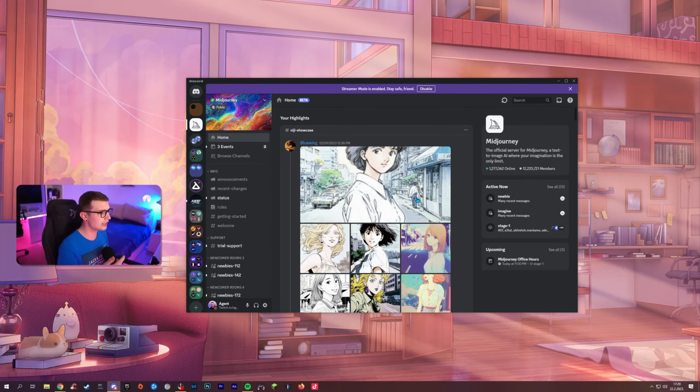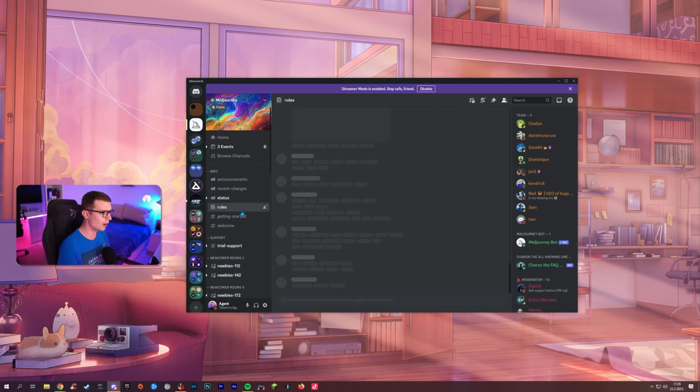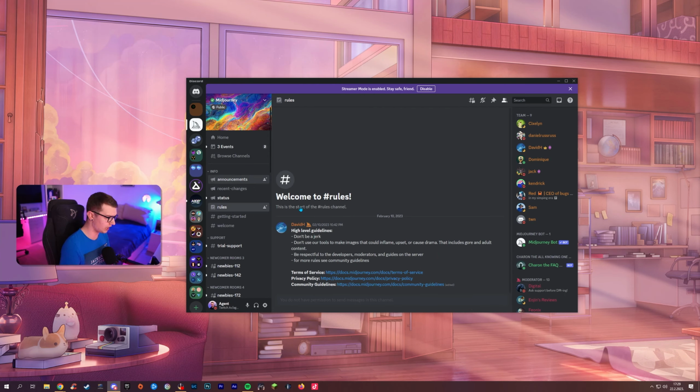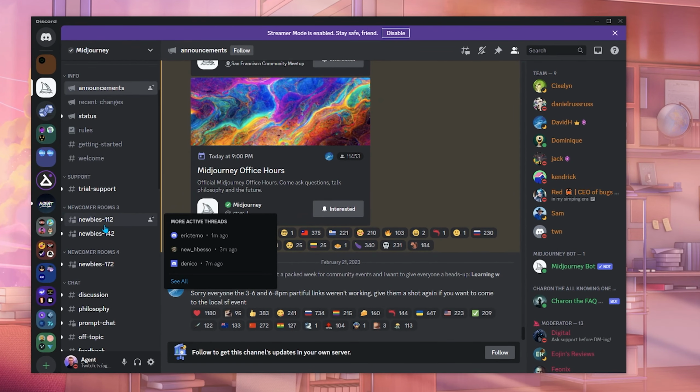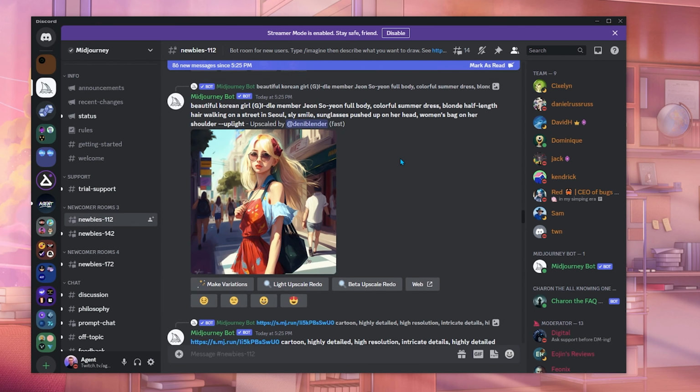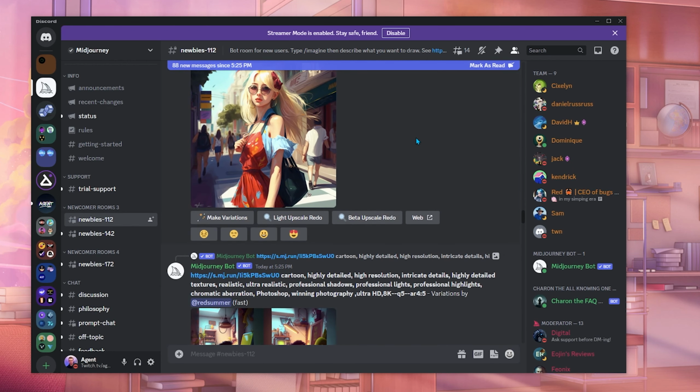All right, so now that we are in the Midjourney Discord right here, as you can see, it has a lot of different rooms. You'll have to verify yourself by clicking the check mark. Once you do that, you will see all the other rooms right here. There's a lot of rooms, but the one that we'll be using the most is called newbies. So you go to the newbies right here and you can see a lot of other people creating these amazing